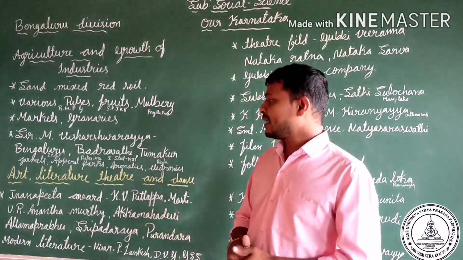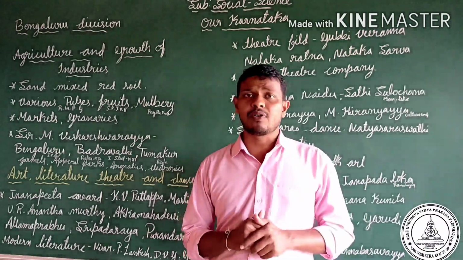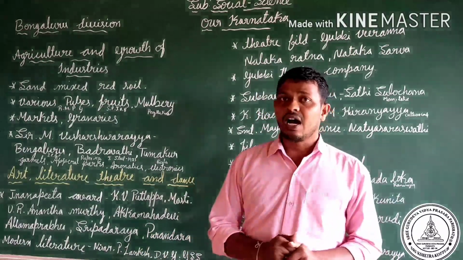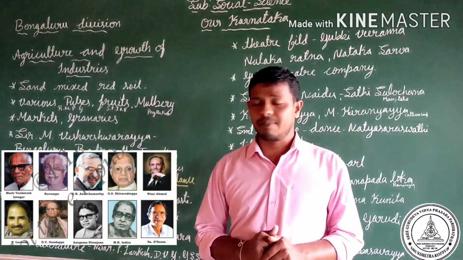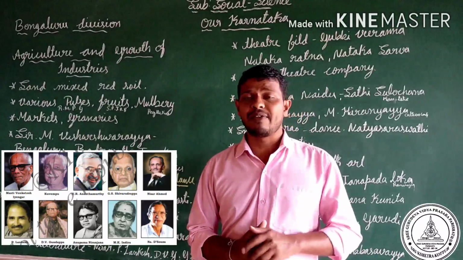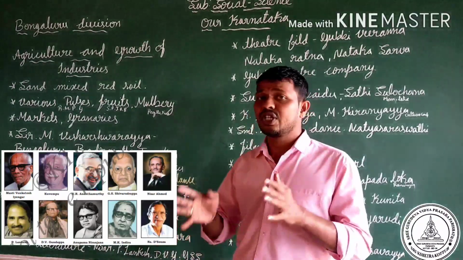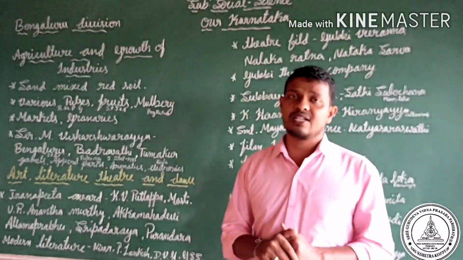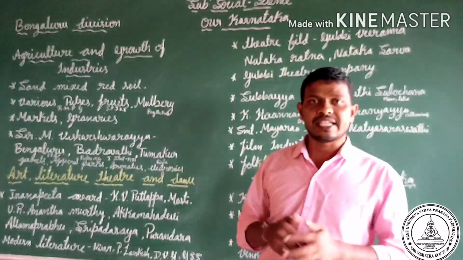And I would like to tell about the modern literature. Modern literature in the sense of what we can find nowadays. These are the persons. Especially I would like to name Nisar Ahmad, P. Lankesh, DVG and GS Shivarudrappa. We can name GS Shivarudrappa. These are the persons who gave immemorable contribution to modern literature. This modern literature is also helpful to learn about the art and literature of the Bengaluru division.